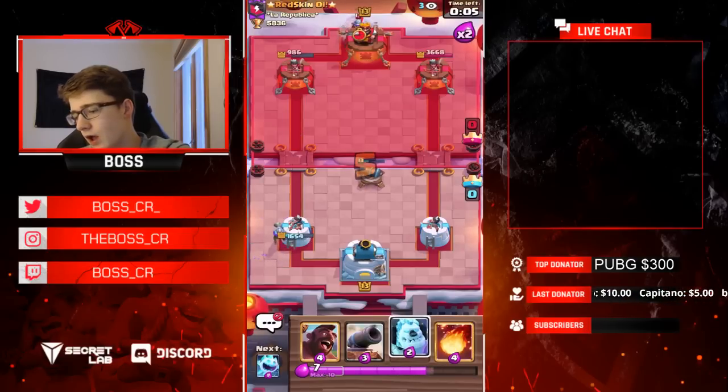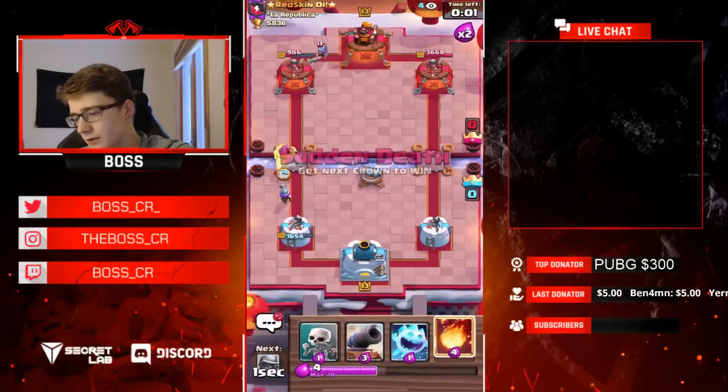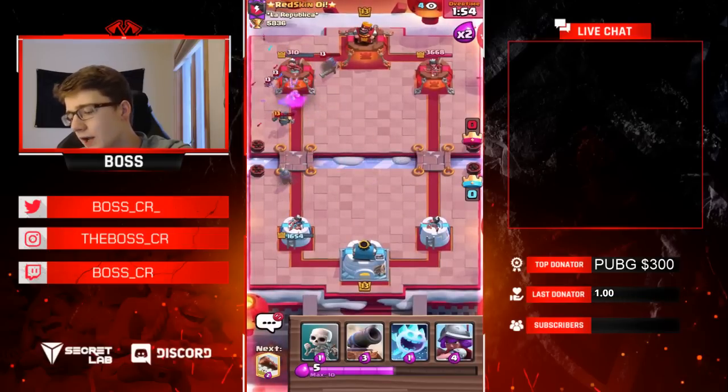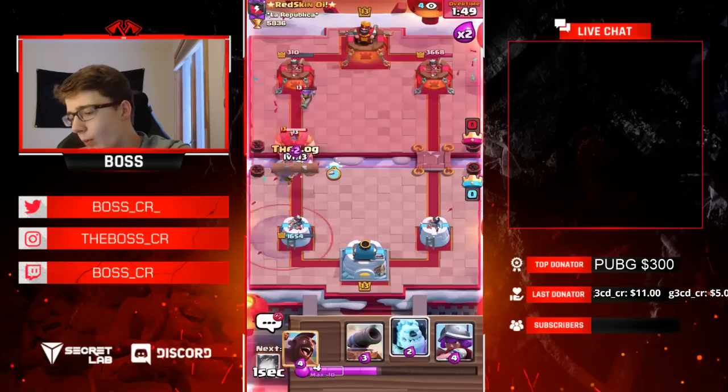I'm actually going to go for a Hog here, and then I'm also going to Fireball, knowing that he already has that Musketeer there, and he might play something else into it. There we go. He played the bats into it. Hog gets a connection, so all we need to do at this point is cycle back to one more Fireball,